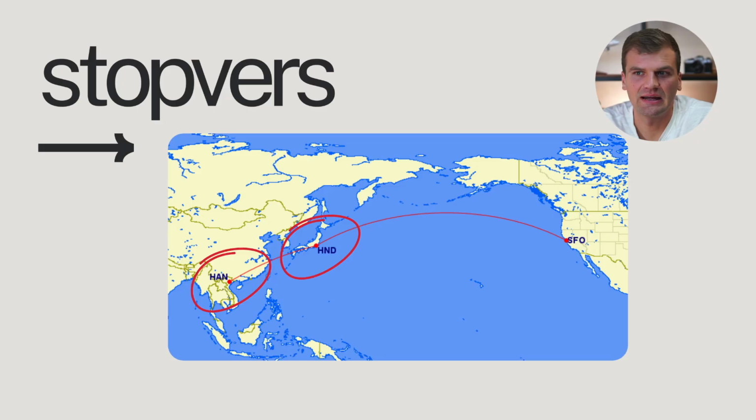This is something that ANA allows, for example. In the previous example, we talked about going from San Francisco to Tokyo. ANA, when you're booking an award, allows a free stopover. So you could book a flight to Vietnam that goes through Tokyo, and as long as there's a seat to Tokyo and a seat to Vietnam, you can book it. But what you would do is say, hey, I want to spend 4 days in Tokyo and see Tokyo